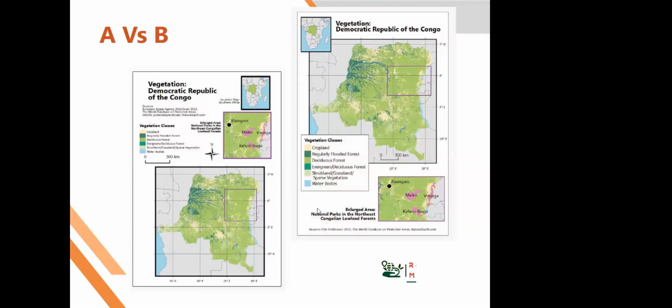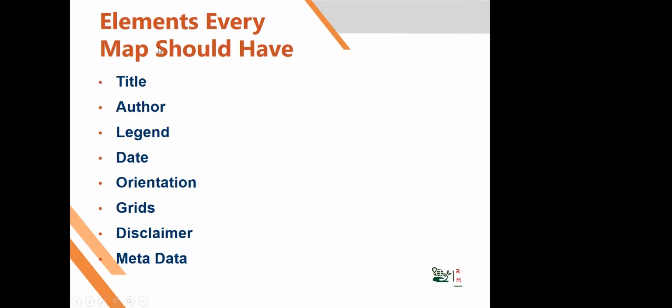So what am I driving at? A poorly designed map cannot bring out the information you want. So the best skill you should always start with when you are doing a map is to plan and design. How am I going to represent my different elements? Yeah. So, of course, every map should have the following elements: the title, the author, the legend,